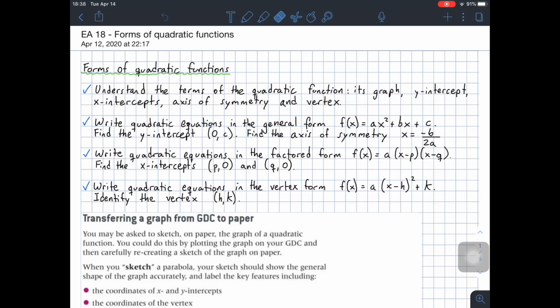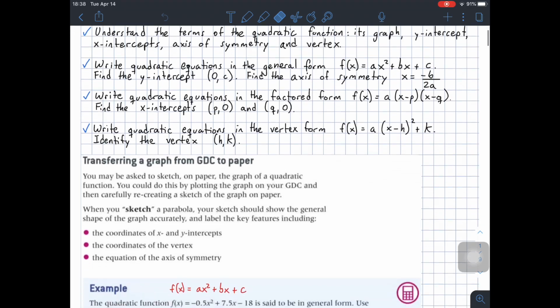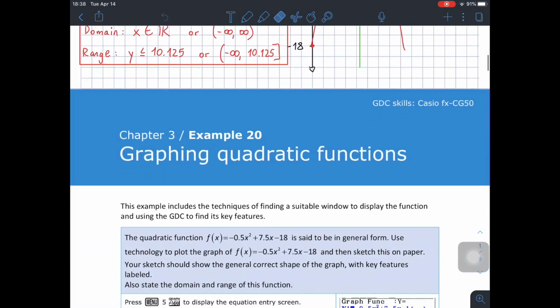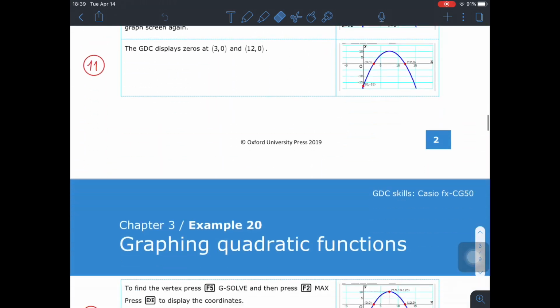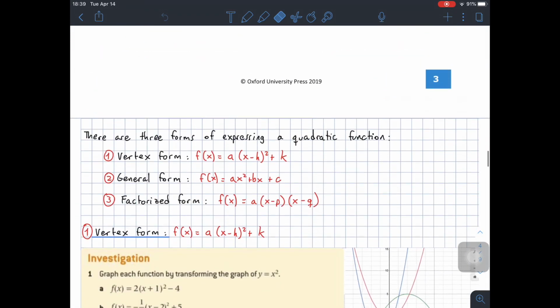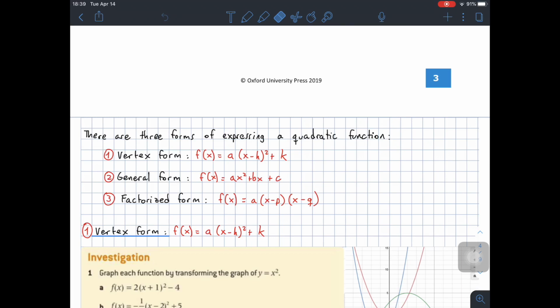Hello, juniors. Today we're going to see the last part corresponding to electronic assignment number 18, which is forms of quadratic functions. If we make a quick review of what we did during the past classes, remember we've seen two out of the three different forms of equation of a quadratic function. If you remember, the three are these ones over here, which are the vertex form, the general form, and the